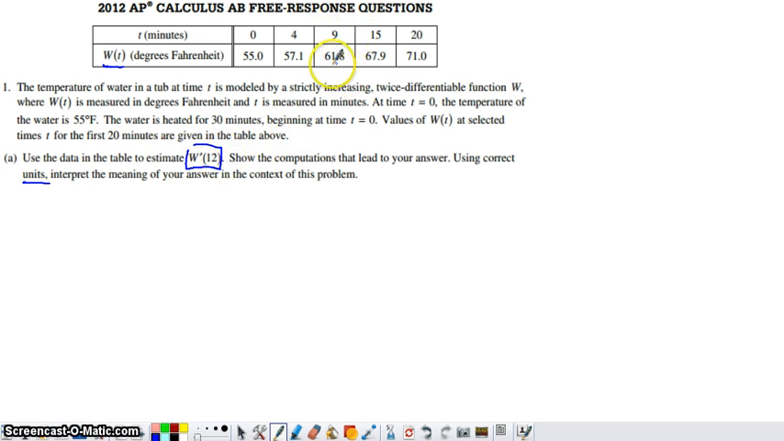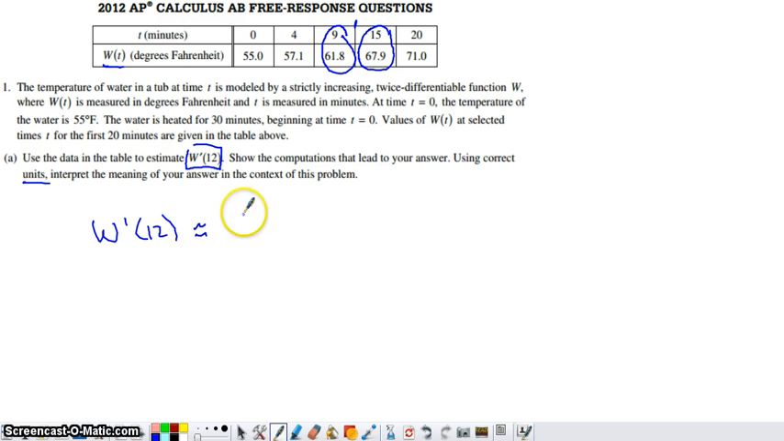So if you look at this list of t values here, 12 would sit smack dab in between 9 and 15. What we can do is we can say the slope of the tangent line to the graph of W at 12, or the derivative of W evaluated at 12, can be approximated by connecting this ordered pair on the graph of W with this ordered pair on the graph of W with a secant line, and then finding its slope. So W prime of 12